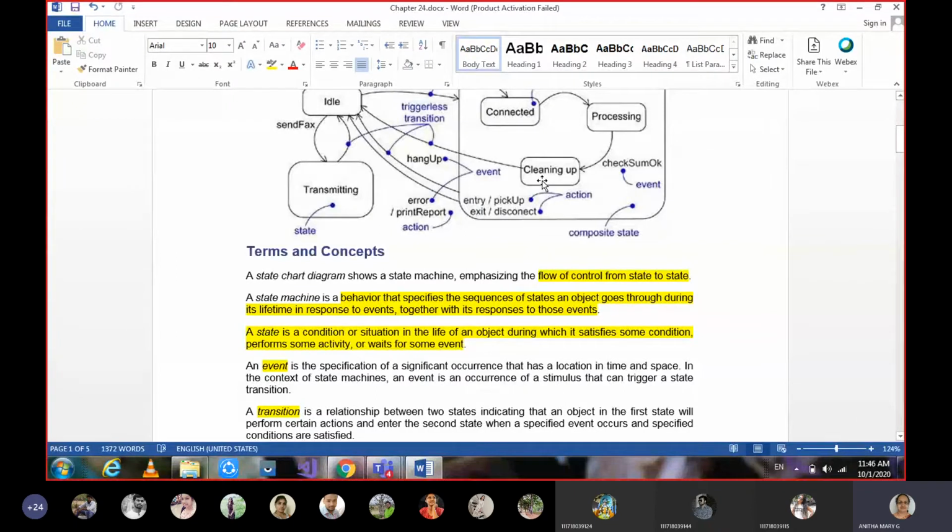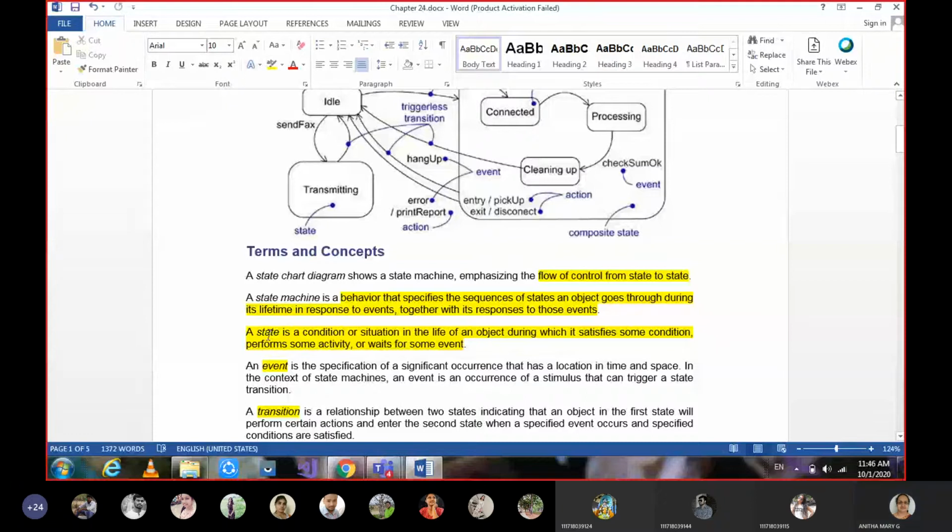That state may be because of a message sent to it or an action performed on it. Based on that, the state machine will be existing at that point of time in its life cycle. That thing we call a state machine. And such state machines showing the flow, that we call a state chart diagram.